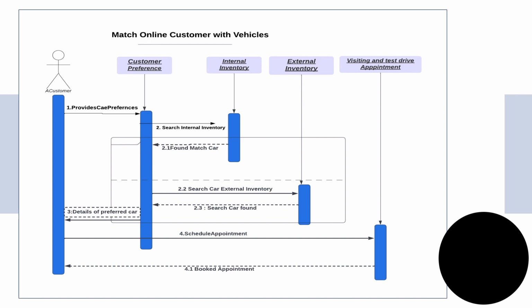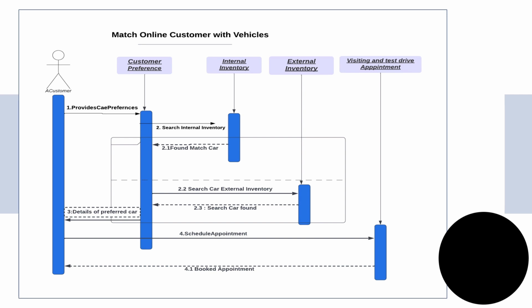If the inventory does not fulfill the customer's preferences, the system expands the search to external sources, and that involves partnerships with other dealerships, auction houses, and online platforms to retrieve information on vehicles that align with the customer criteria. Once the potential vehicle matches are identified, the system facilitates scheduling a visit and test drive appointment,